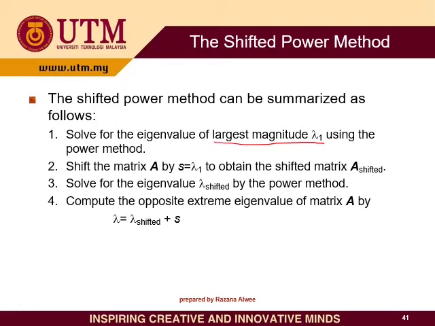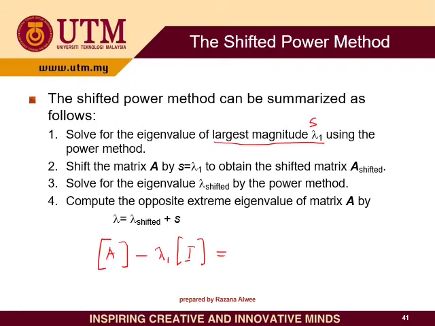Basically this will usually be given to you, because we will use the largest magnitude as our S for shifting. For example, this is the matrix A minus lambda 1 times the identity matrix equals